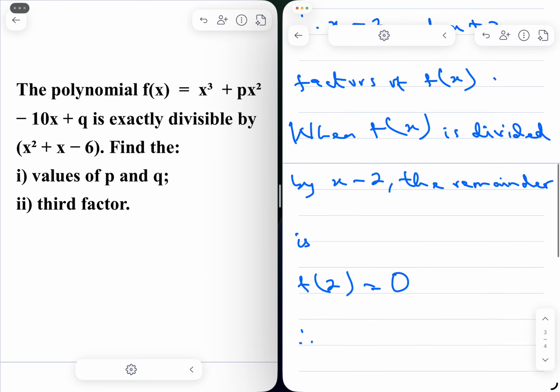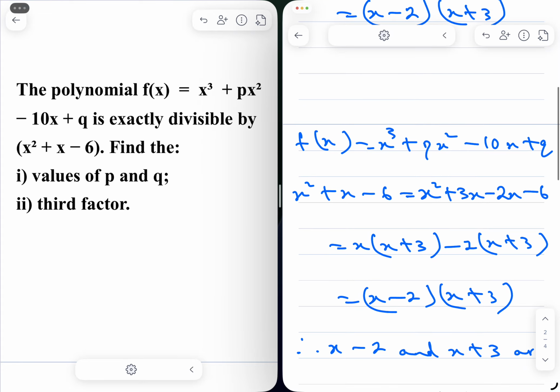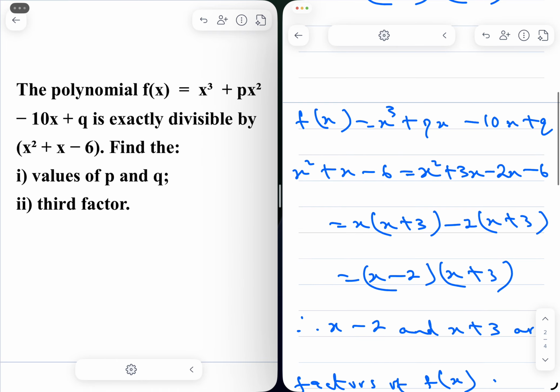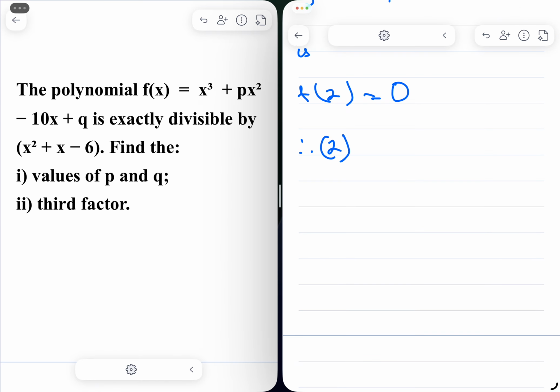Which therefore means, what's f of 2? f of x is x cubed plus px squared minus 10x plus q. So that simply means 2 cubed plus p times 2 squared,